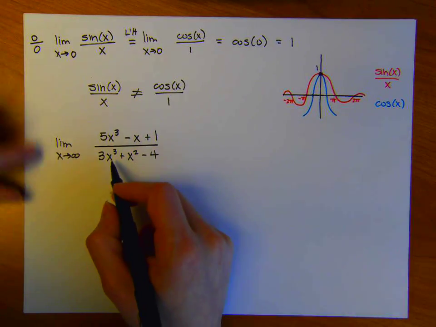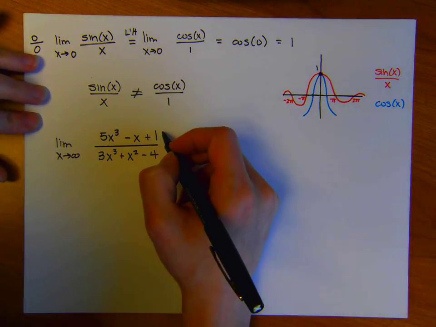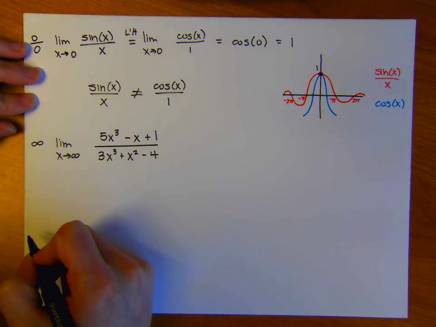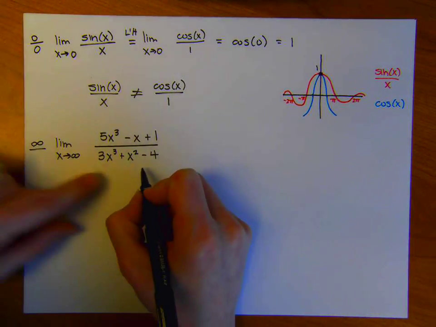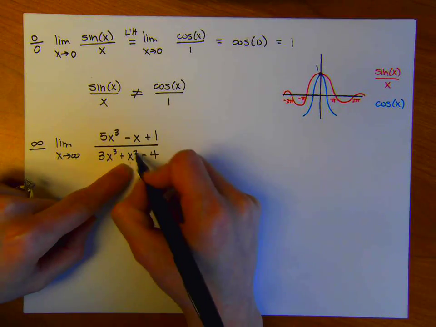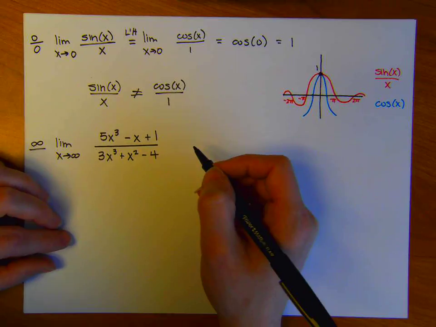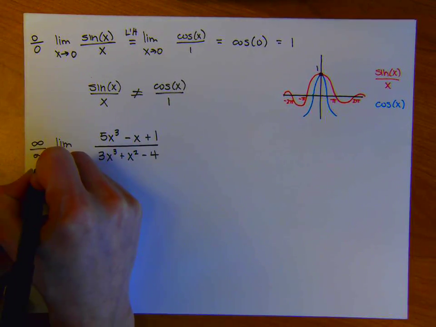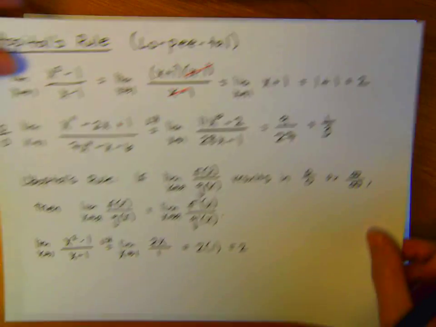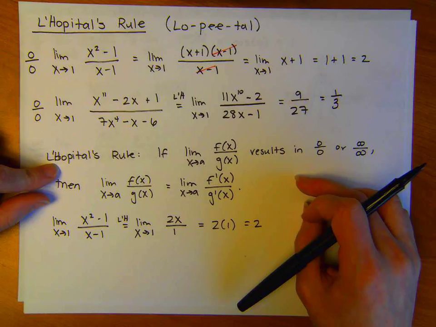Okay, and then down here, from here we notice that if we look at infinity, the top is going to be infinity. Now if we look at the denominator, we have a very similar story in that this would be infinite, and I'm going to take away 4. It's not going to make much of a difference. So we have essentially infinity over infinity, which, as I mentioned at the beginning, L'Hopital's rule works whether you have